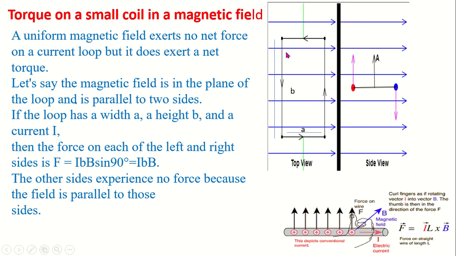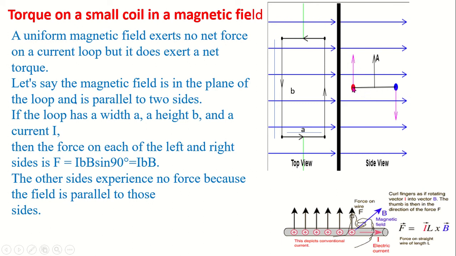Or if you draw it in your copy, it will be outside, so we can represent that as a dot, because when something is directed outside, we represent that by using a dot, and when something is inside, we represent it by using a cross sign. So by placing a dot and cross here, we can also determine the direction of force. So this is the frontal part of the figure.